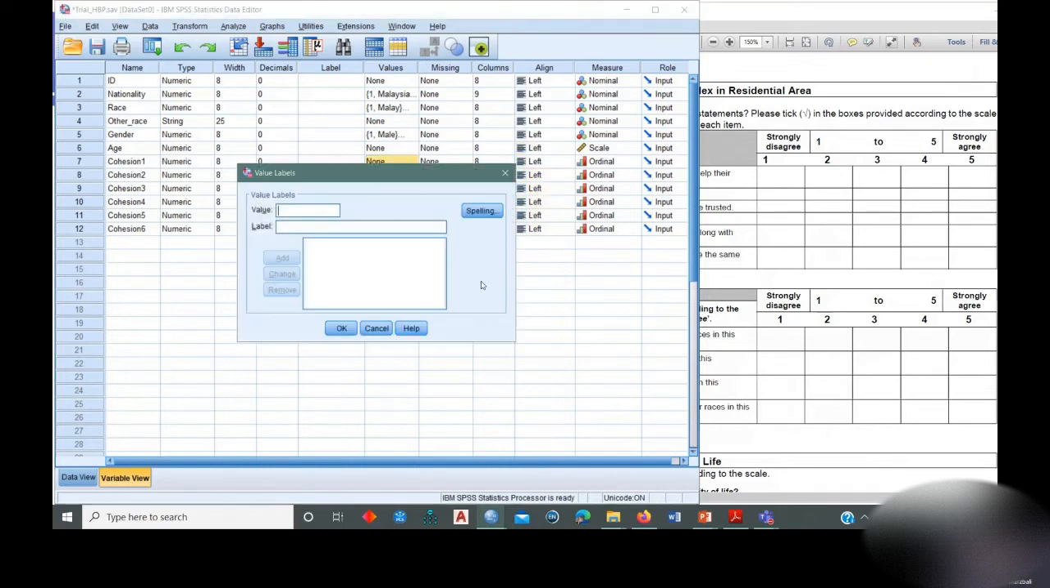I want to add my value over here. We know that our value 1 represents strongly disagree and 5 represents strongly agree, right? So let's do it one by one. 1 represents strongly disagree, and then I just add. Number 2 is just disagree, based on the scale that we have. And number 3 is just neither agree